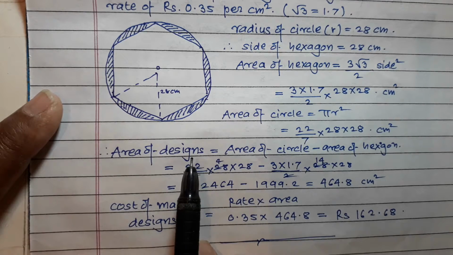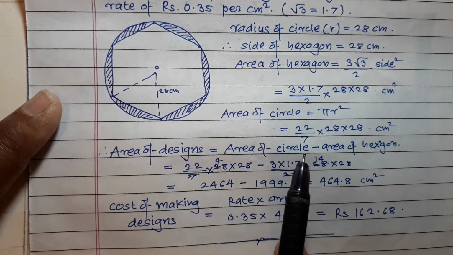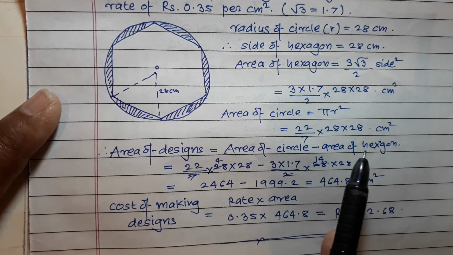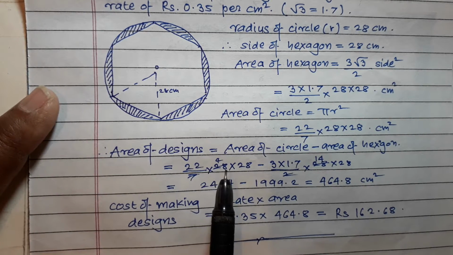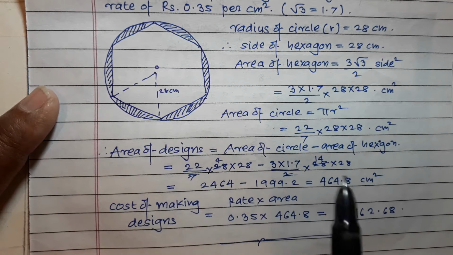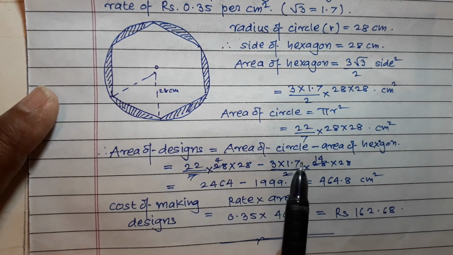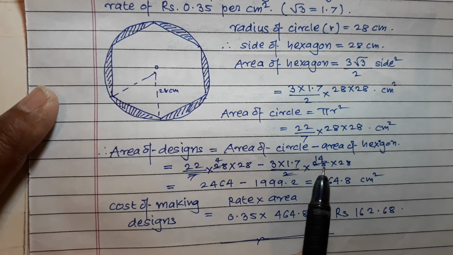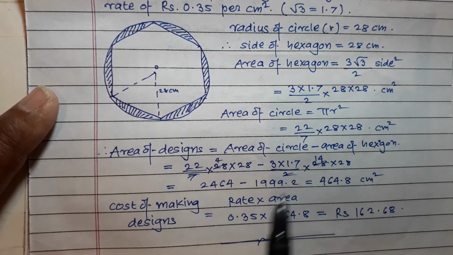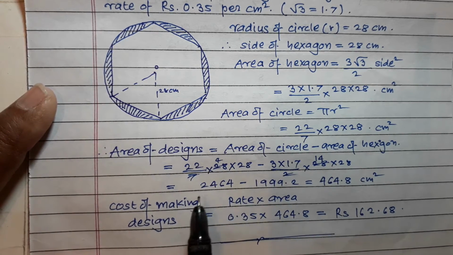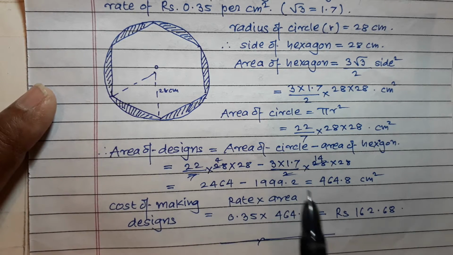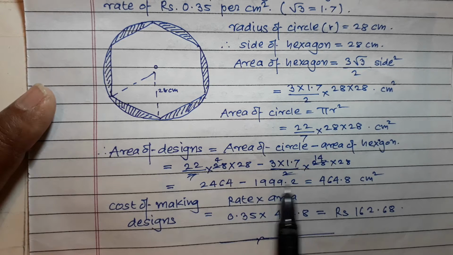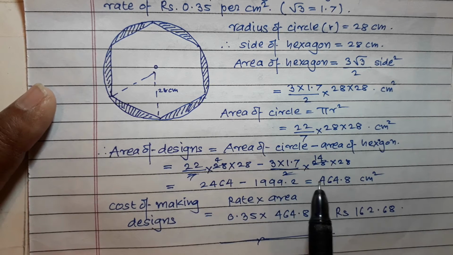So area of design is equal to area of circle minus area of hexagon, and is equal to 22 upon 7 into 28 into 28 minus 3 into 1.7 upon 2 into 28 into 28. So if you simplify this, you will get 2464 minus 1999.2 is equal to